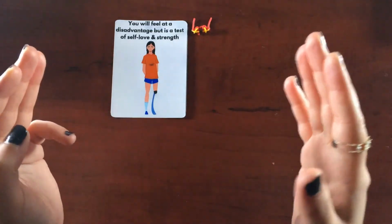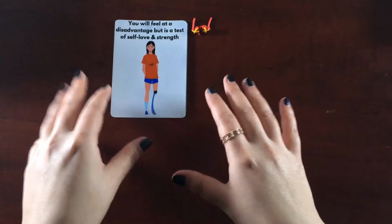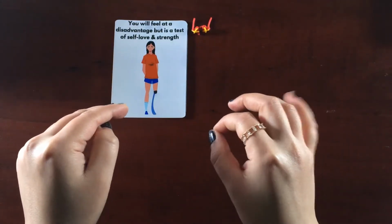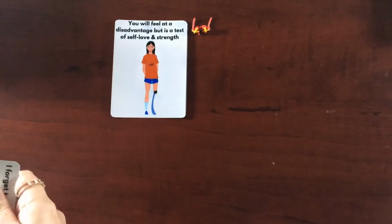So for now, without having any sort of judgment on yourself, trust that you are worthy of whatever you want to achieve. And the other cards that I have got here,